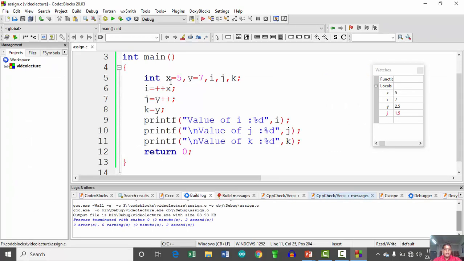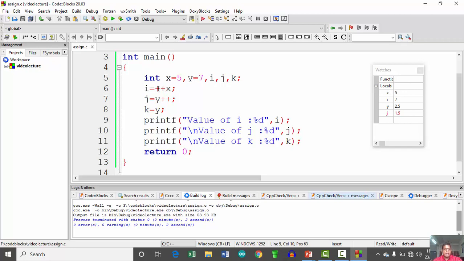So consider this example. Here we are using five variables: x, y, i, j and k. The initial value for x is 5, for y it is 7.